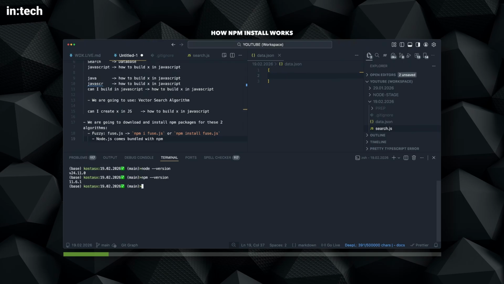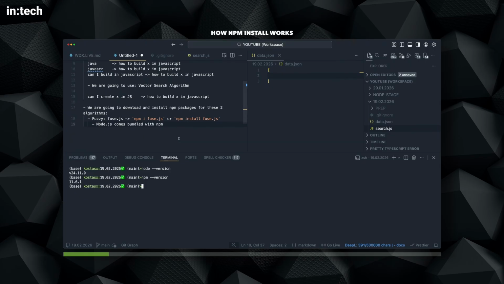And in order to install this package, basically when you type npm install, what npm is going to do is go to npmjs, look for this Fuse.js entry. It's going to get an answer from npm. It says, yes, I have this package. And then npm will try to download this and install this on your local folder. The place where npm installs these modules is in a folder called node_modules. So npm is going to find this online repository. It's going to pick up Fuse.js, which is basically a bunch of JavaScript files most of the time,